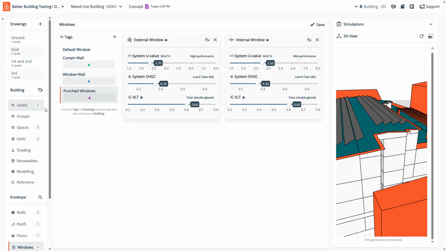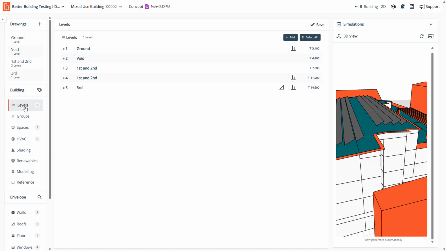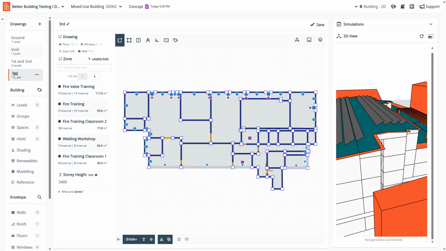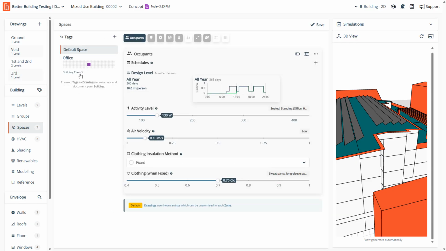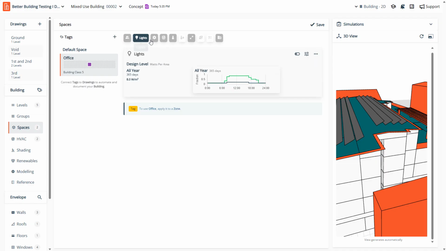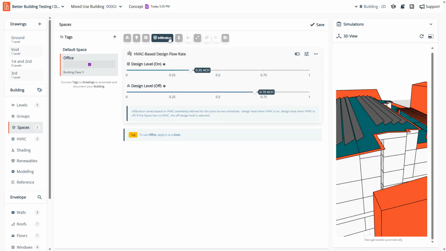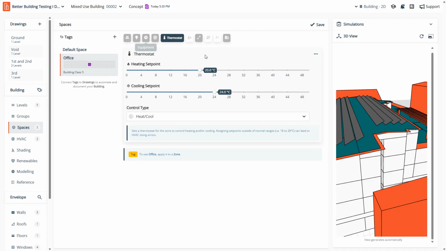Okay, one last little trick before I go, and this is just so you have a model that is set up ready to run. When you do set up your model, we haven't really done much in terms of spaces. So we've talked about spaces a little bit. In terms of nominating spaces, you could have 5, you could have 10 different spaces, depending on how you want to use spaces, depending on how much control you want over lighting and equipment and infiltration and thermostat settings. These will go into these as non-geometric topics